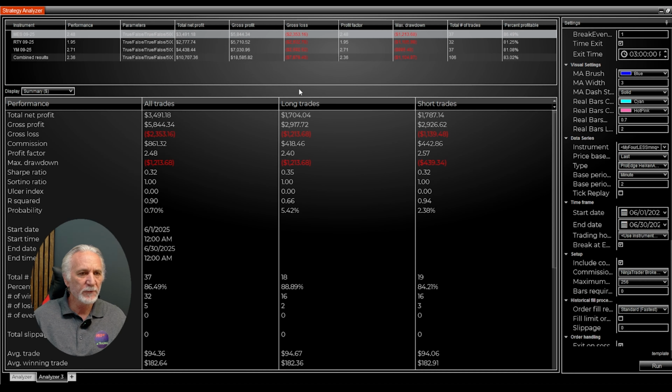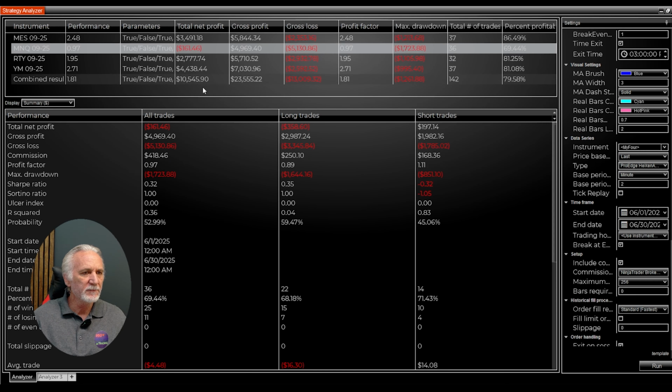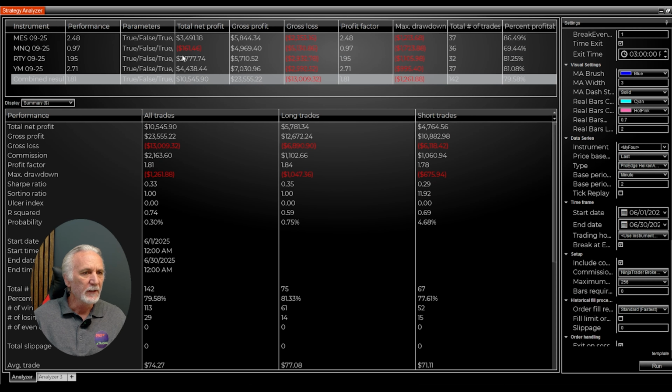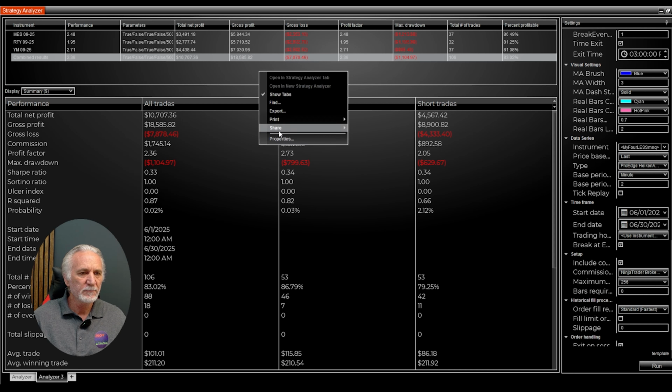All right, so this is with the Q off. 10,700 versus, well, it only lost 161. But it does bring the profit factor way up. So just to show you with the Q taken off,